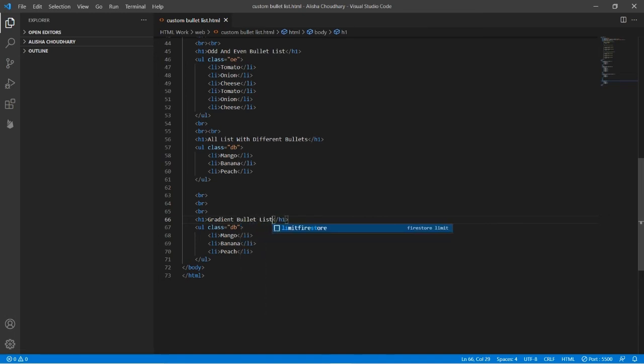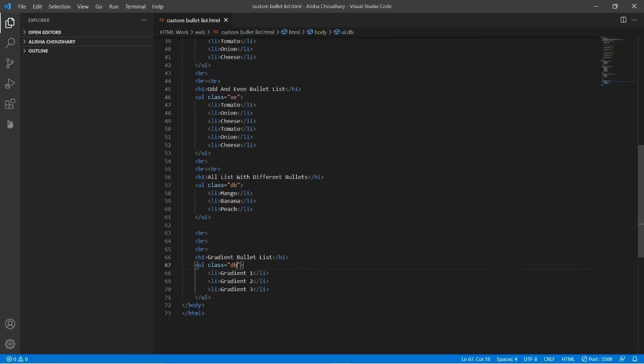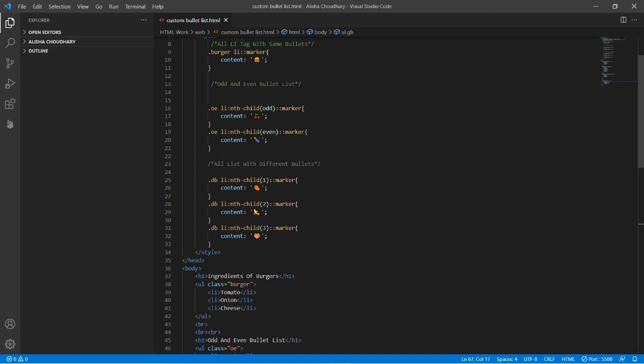In this gradient bullets, the one thing is that it comes in square shape. Gradient 2, and here will be 1, and this will be GB gradient bullet. Okay, and now let me